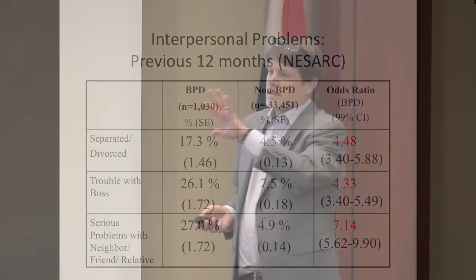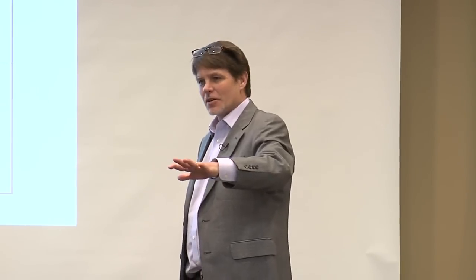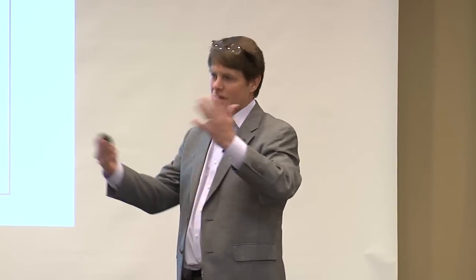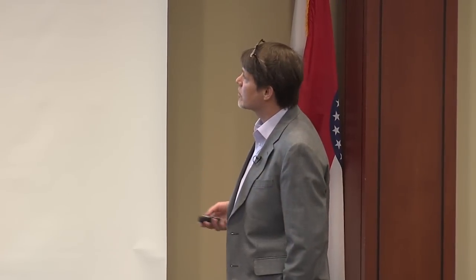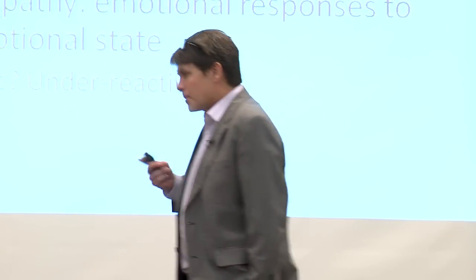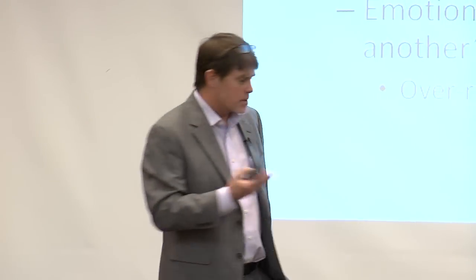The reason I show this is just to take it out of a clinical context, because once somebody's already in a clinical context, they often come there for the interpersonal problems. But here, even in the general population, we see evidence for some increased risk, if you will, for these interpersonal problems. Now, so what might be operating here? Why is it that people with BPD are more vulnerable, let's say, to interpersonal problems?